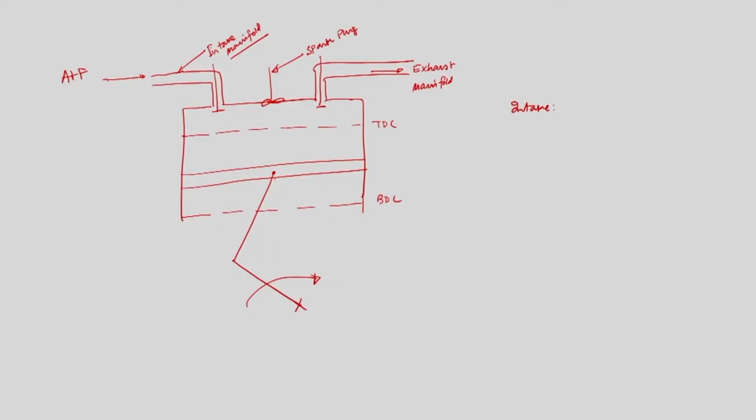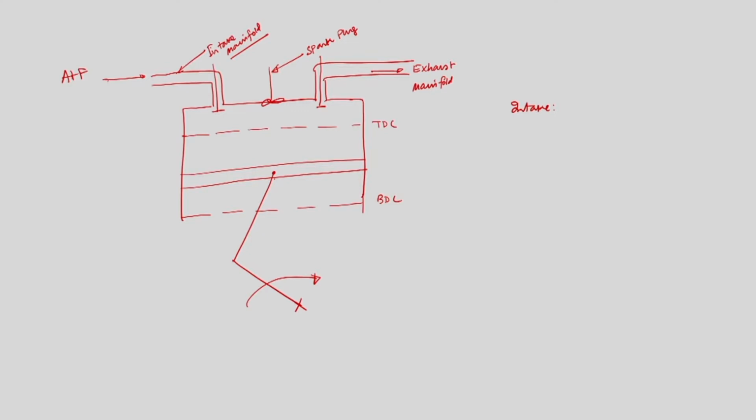So, air-fuel mixture in case of an SI engine, or only air in case of a CI engine, will be introduced into the engine cylinder, and this process will continue as long as the piston reaches the BDC. So, at the end of the intake stroke, the piston will be at BDC and the cylinder will be filled with the air plus fuel in case of an SI engine, only air in case of a CI engine. Whenever the piston reaches BDC, the exhaust valve remains closed, and now the intake valve will close.